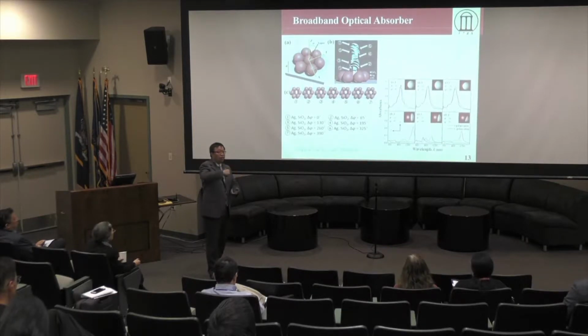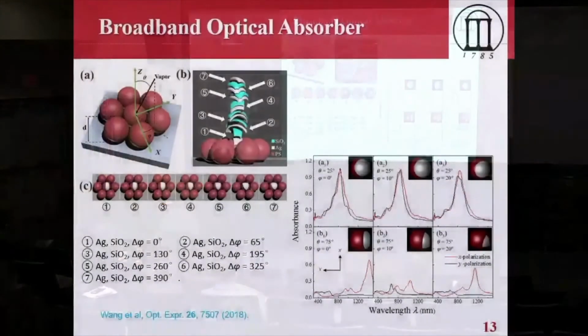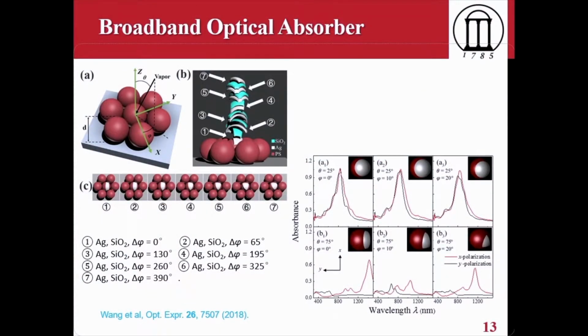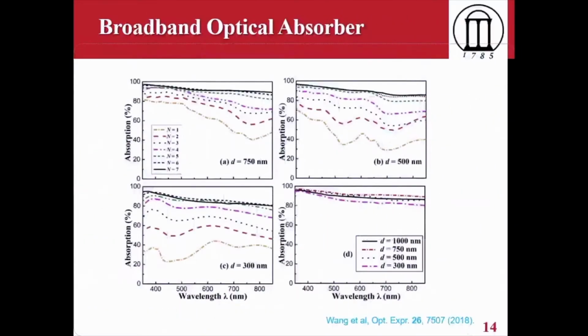shapes. Now if they have different shapes, their LSPR peaks start to shift. We did an FDTD simulation. So if the shape is like this, or like this, if you look at the absorbance spectrum, it has a peak over here, a peak over here, a peak over here. So you can actually scan different peaks. When all of this adds together, essentially, you can see the absorbance of the material,